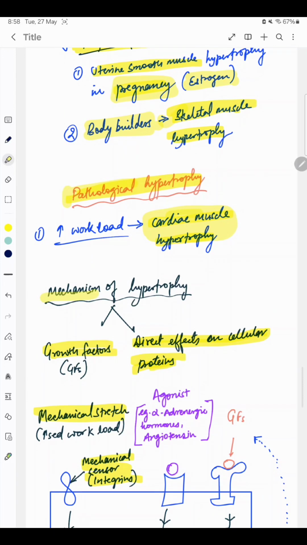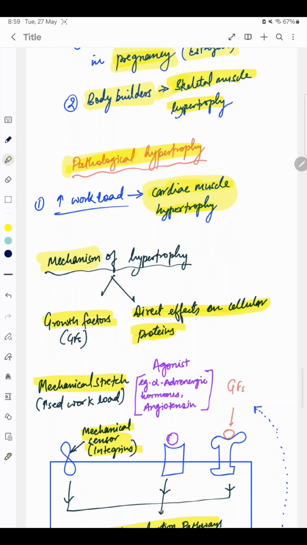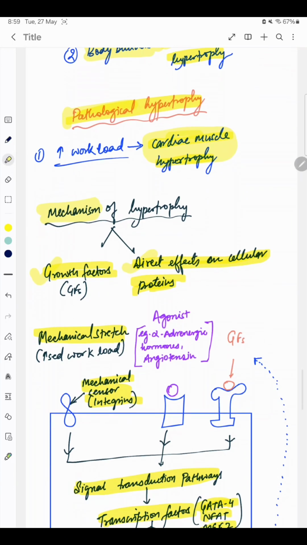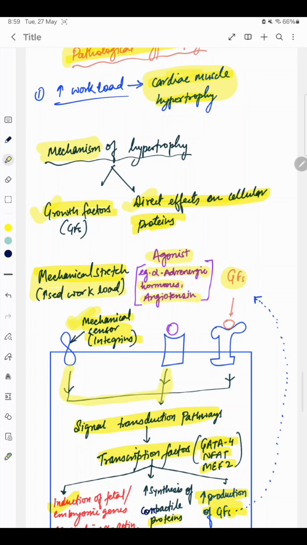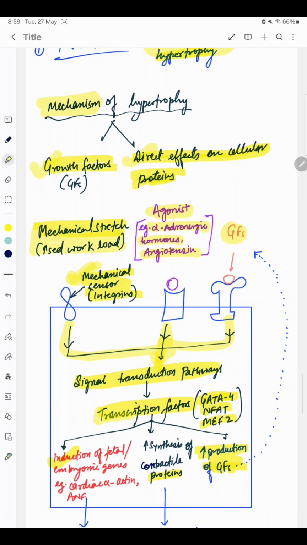What is the mechanism behind hypertrophy? It involves growth factors and direct effects of cellular proteins. Whenever there is increased workload or mechanical stretch, growth factors are stimulated, and mechanical sensors like integrins also get activated, along with some agonists like alpha adrenergic hormones and angiotensin. They ultimately result in the activation of signal transduction pathways and of some transcription factors, namely GATA4,